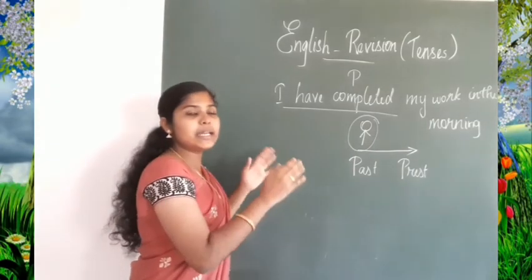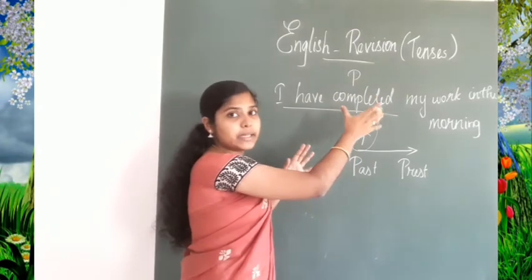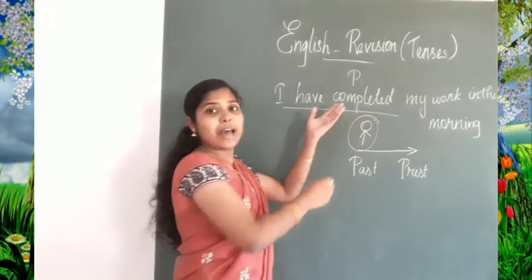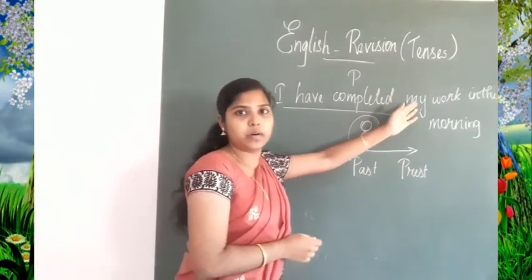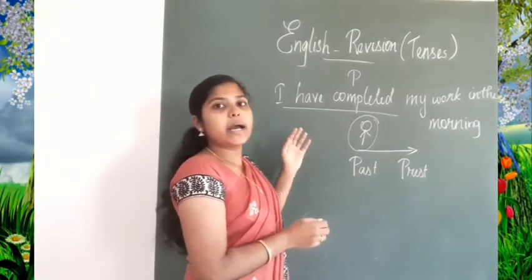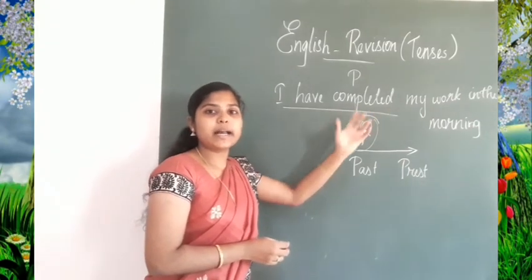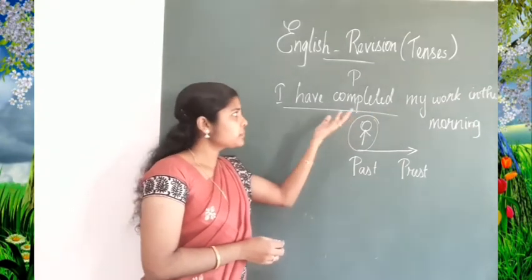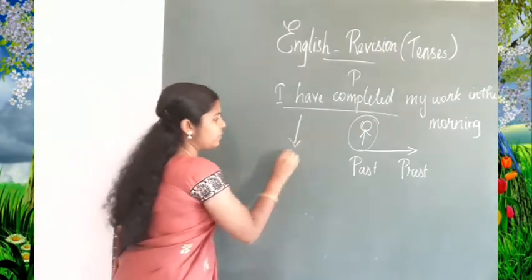Here this verb is indicating a completed action. The sentence itself has the word completed, right? I have completed or I have done my work in the morning. So I have done, so I have completed. So this verb is indicating a completed action, and for perfect we need have or